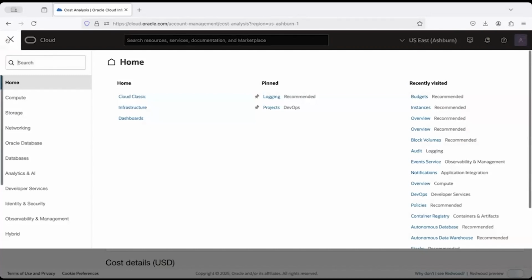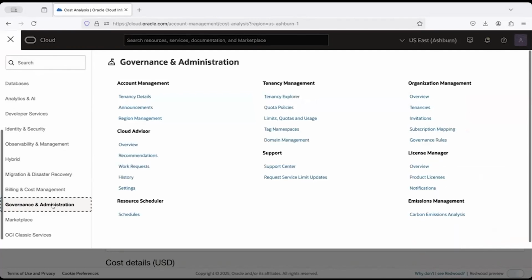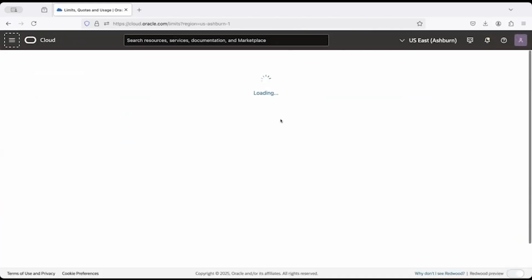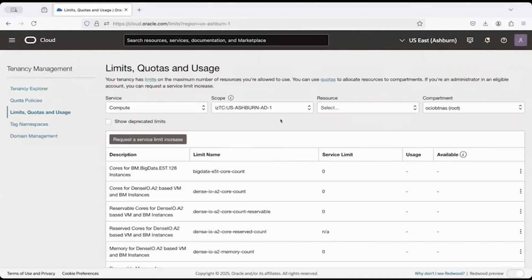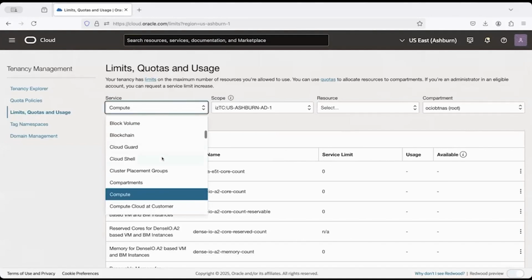All right, so the next service that I want to dive into is your service limits and your quotas. This is under governance and admin. Of course, I can always just type up here to find the tool. But there's this page right here called limits, quotas, and usage. So I'm going to go ahead and click into that. This is a great page for getting insight into your service limit for some of your different